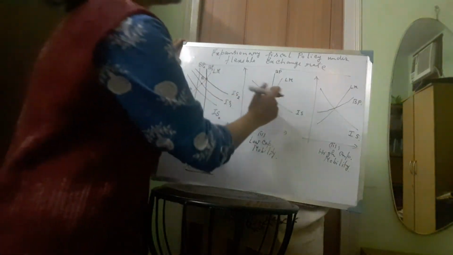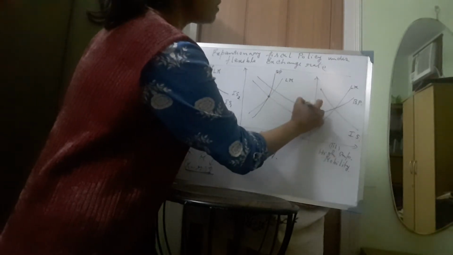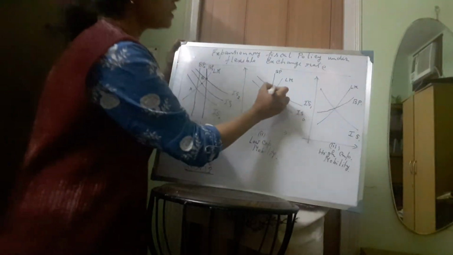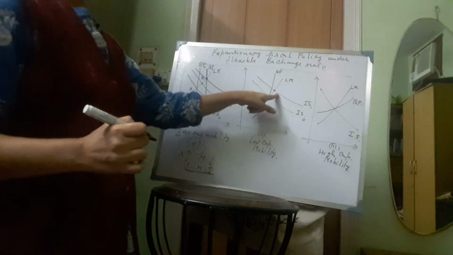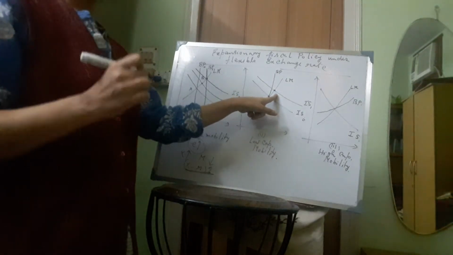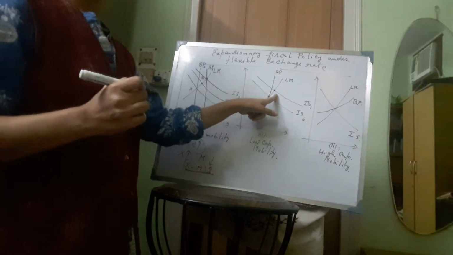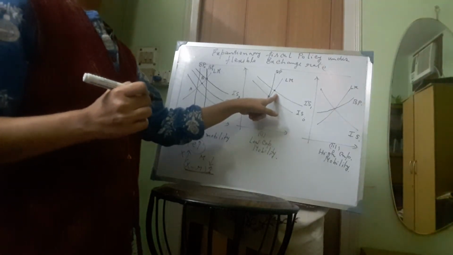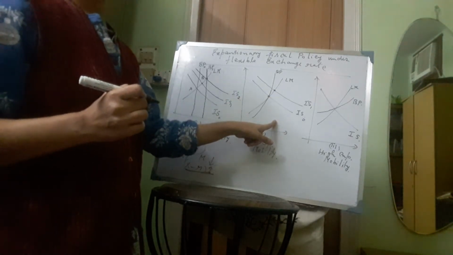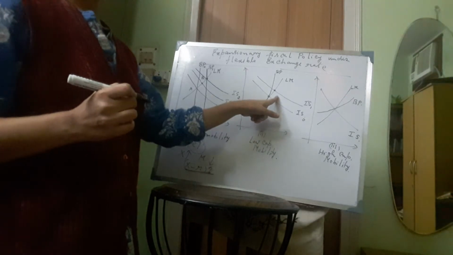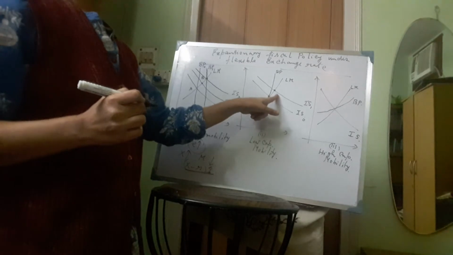Now consider case 2. When we are considering the expansionary fiscal policy, then IS is shifting from IS0 to IS1. So here we have the intersection between IS and LM. At this point we have a high rate of interest and high income. There will be improvement of BOP because of the higher rate of interest, as there will be more capital inflow, and there will be a deterioration of BOP because X minus M will deteriorate, as imports will rise. Here the deterioration is higher than the improvement in BOP. So in effect, there will be a BOP deficit.